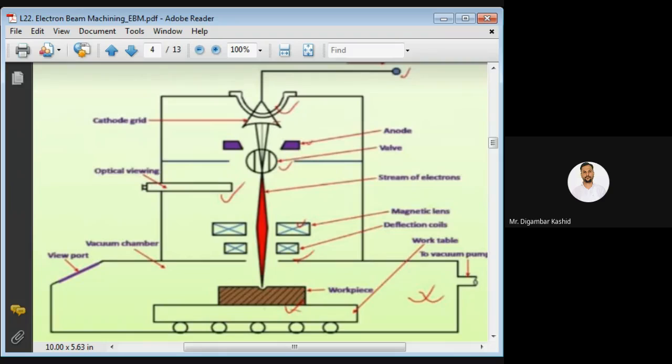Okay, I repeat, to avoid the oxidation of this tungsten filament, or that cathode is there, that is called the tungsten filament. Filament, it is made of tungsten, so that tungsten filament cathode is there, so this vacuum is required for that purpose. So the diameter of this beam should be less than the diameter of your